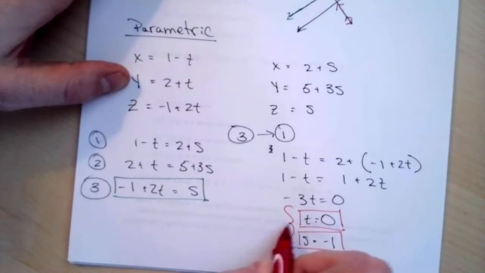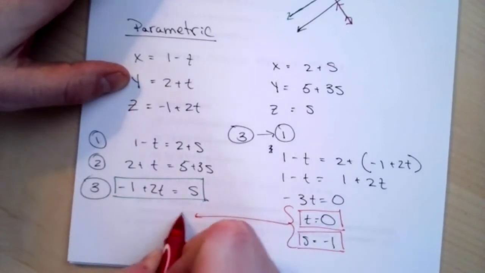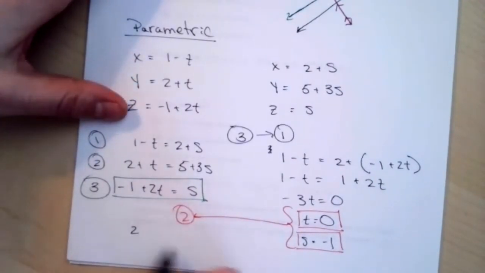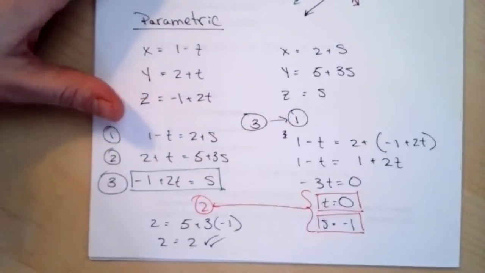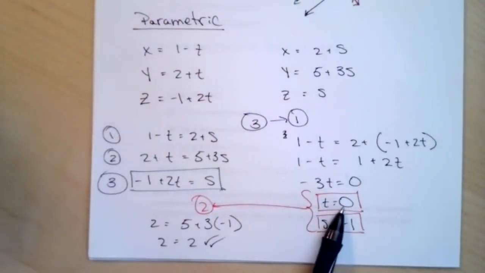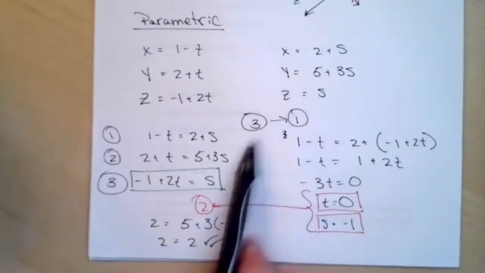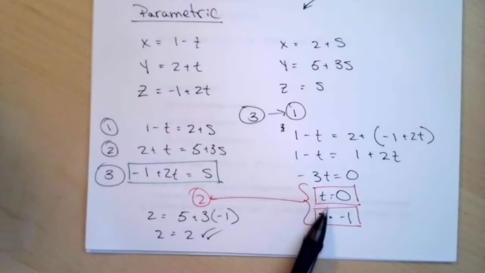And then maybe we'll take these two into equation 2. That'll tell us 2 is equal to 5 plus 3 times minus 1, and it looks like we'll get 2 equals 2. So I simply took our t value, plugged it back into our equation 3, once we solved it using equations 1 and 3 to find our s, and then verified both of those values in equation 2. And since it works out,